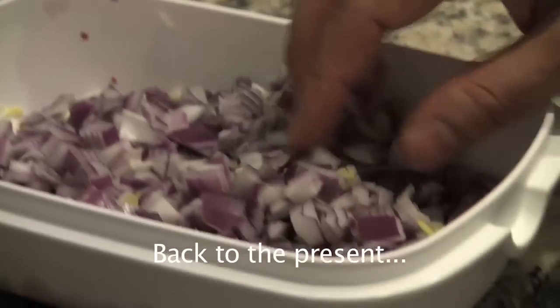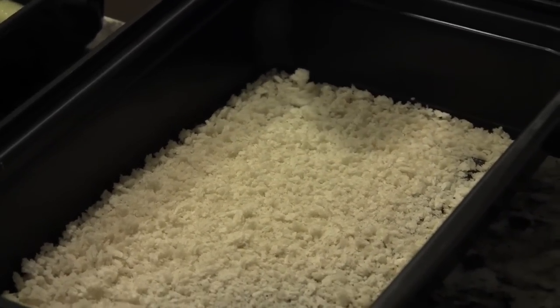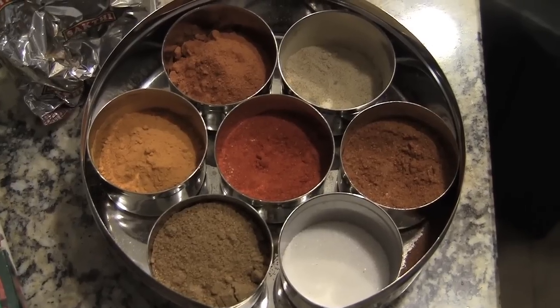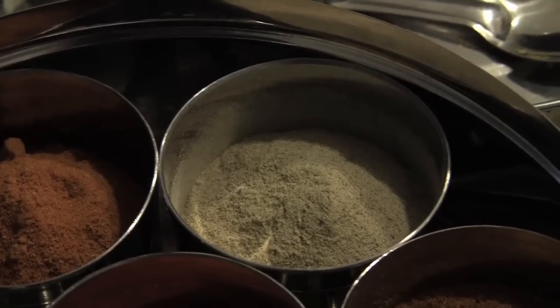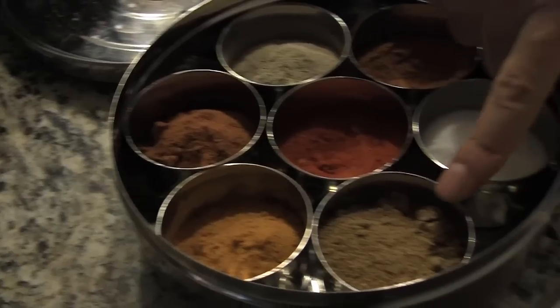I have cut up some red onions, 1 egg that I'm going to use as egg wash, and then these panko breadcrumbs just because I love them so. For the spices, we're going to have pepper, garam masala, salt, chili powder, and I'm going to roast some of